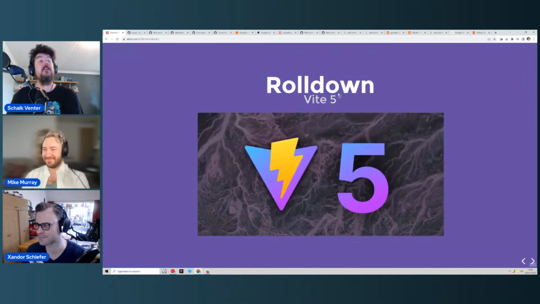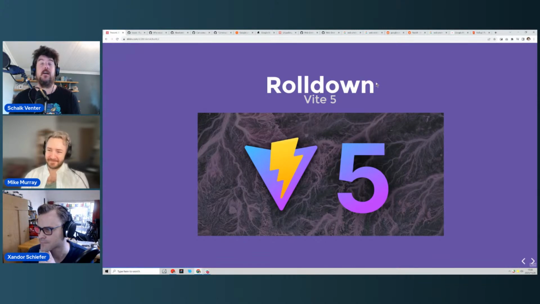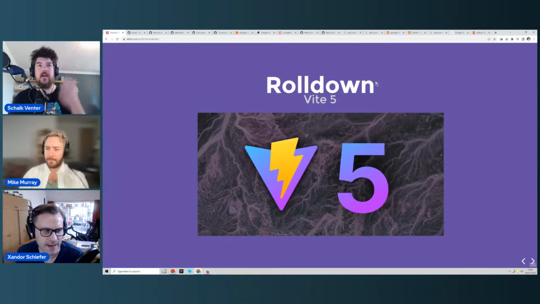So effectively, what Rolldown is, it's rewritten in Rust. So I'm curious, is Vite 5 using Rolldown, or is Vite 5 just making provision to use Rolldown in the future? Yeah, so some of the changes they made was to make that more possible. That's where things are going to end up. I'm quite happy about it because I actually just very recently